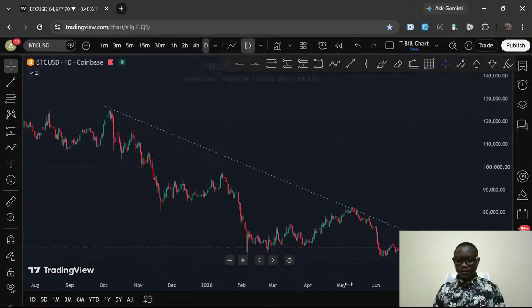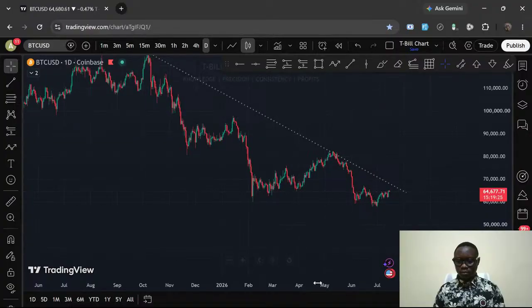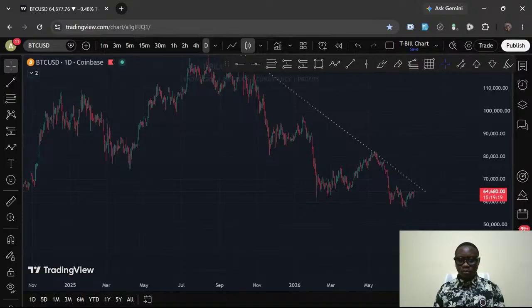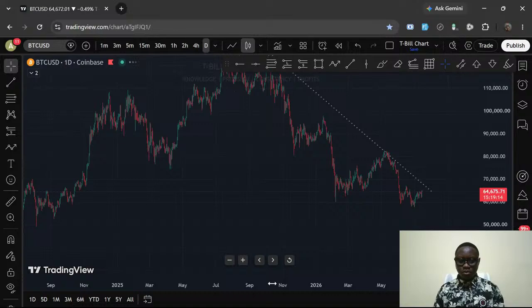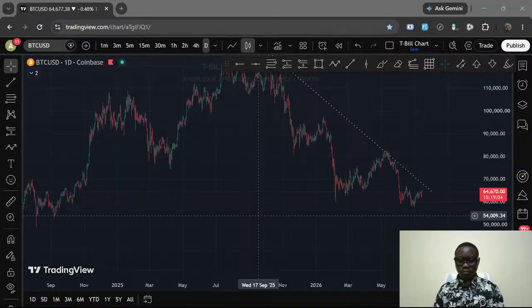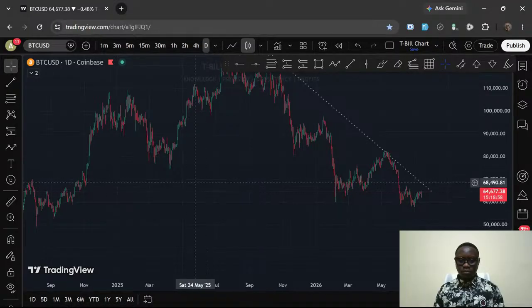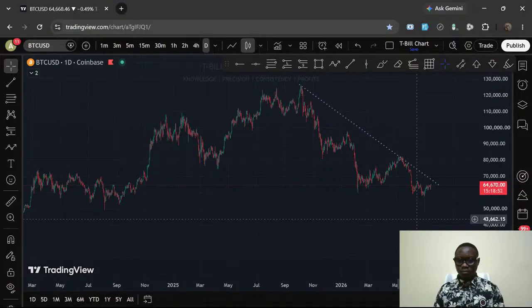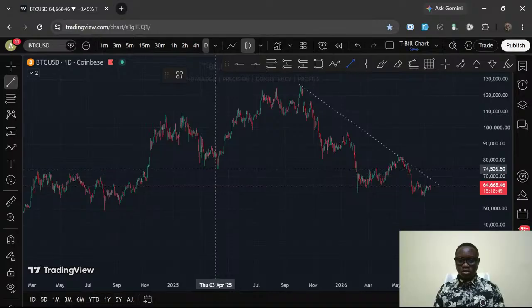Okay, and we got this break of structure to the downside, this right here. We got this break of structure to the downside,